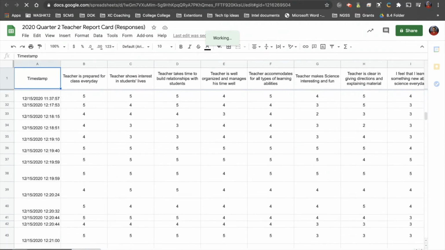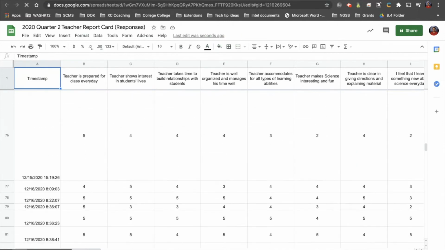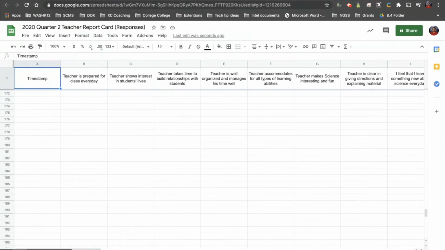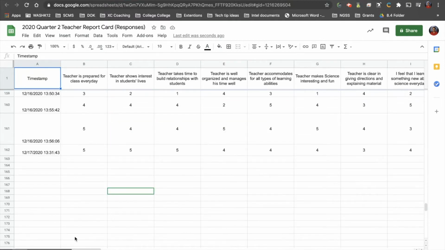If I'm going to go down here to the bottom, we're just going to do some basic analytics here. Okay, so let me just keep scrolling. So I want to be able to see where the average and the median and the min and the max and standard deviation are. So I'm going to do those real quick. So let's go average, min, max, and let's just do standard deviation. These are just some basic analytic tools that I'm going to use to look at my stats. So if you've never used Excel like this before, I'm not going to go through all of the basics and what I'm doing here. I'll make another video on how to do this.